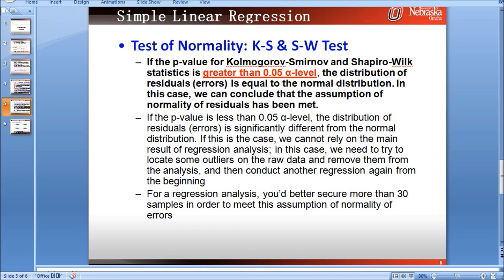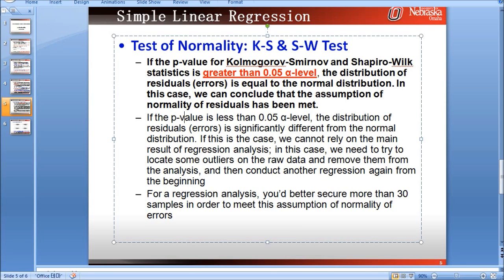Let me read what I put in this slide here. If the p-value for KS and SW statistics is greater than 0.05 alpha level, the distribution of residuals or estimation errors is equal to normal distribution.